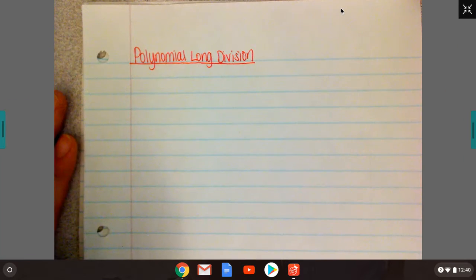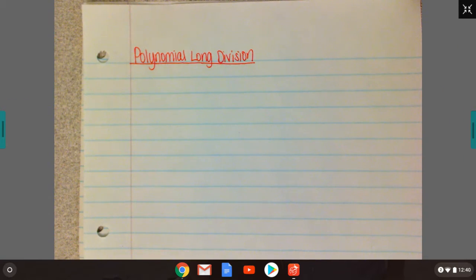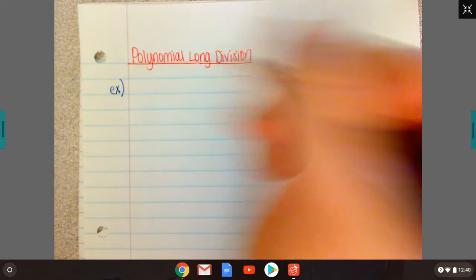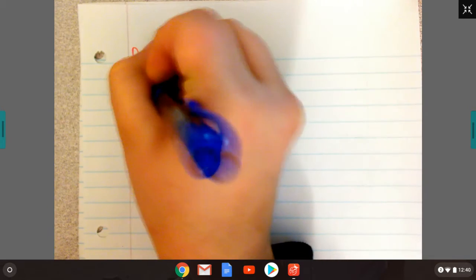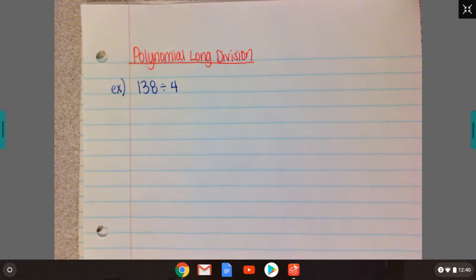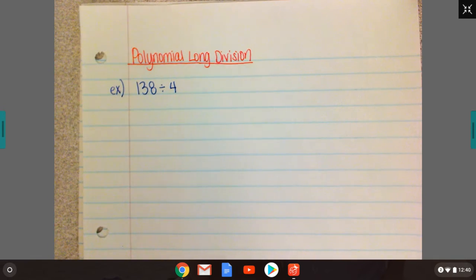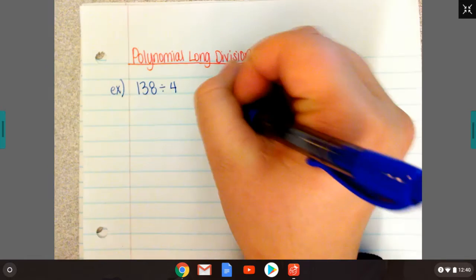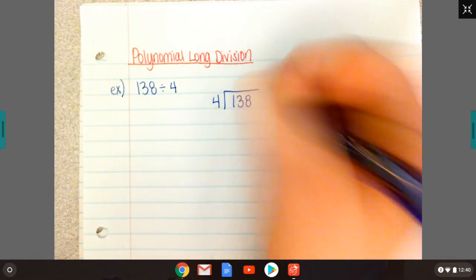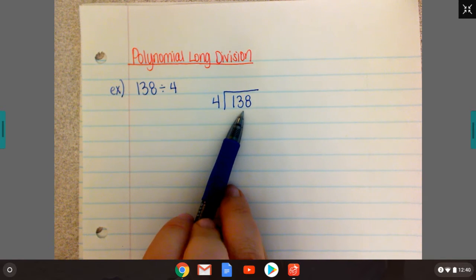We're going to work through some examples on polynomial long division. So before we jump into a polynomial problem, we're going to do one with traditional division. Traditionally, if I had something like 138 divided by 4, I first want to change it over into the long division form that we normally see. So it goes like this, with the 4 on the outside as the divisor and the 138 on the inside,